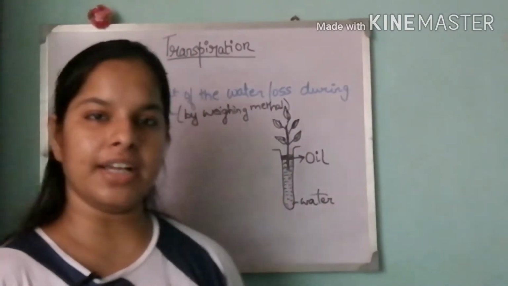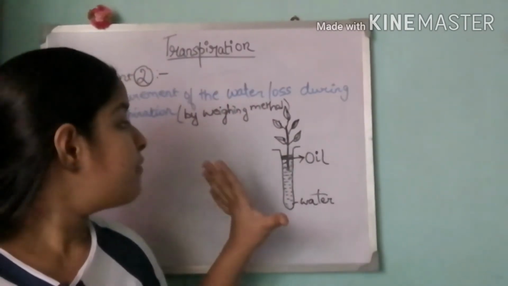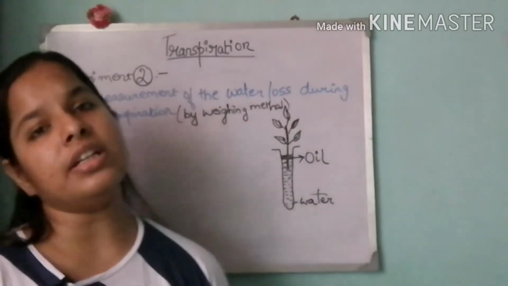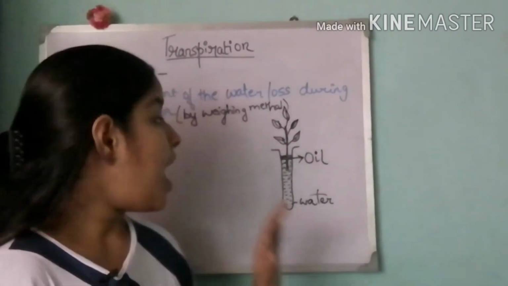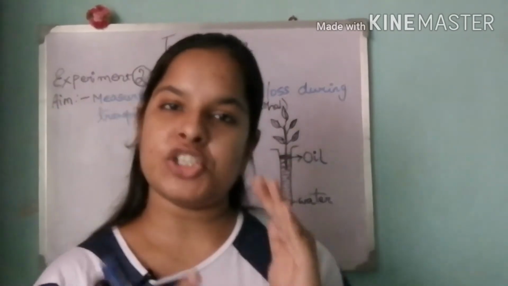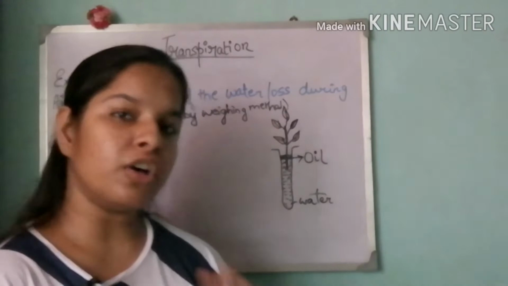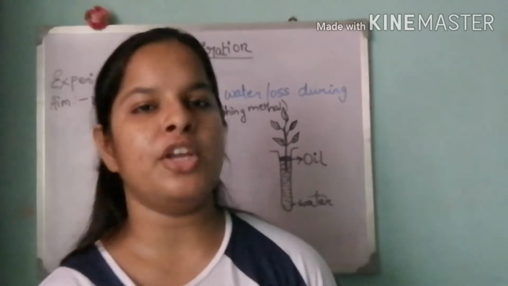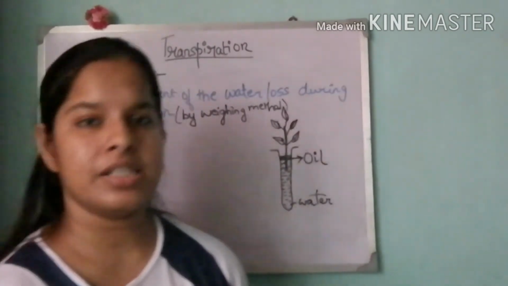Before starting the experiment, after the setup, we took the test tube as it is, kept it in a beaker and measured it in a digital measuring unit. After measuring it, we took the test tube out of the beaker and kept it in a test tube holder in a straight position for a few hours. After the few hours were over, we again took the test tube intact with this setup in a beaker and measured it again. The amount shown will be the amount lost during transpiration.